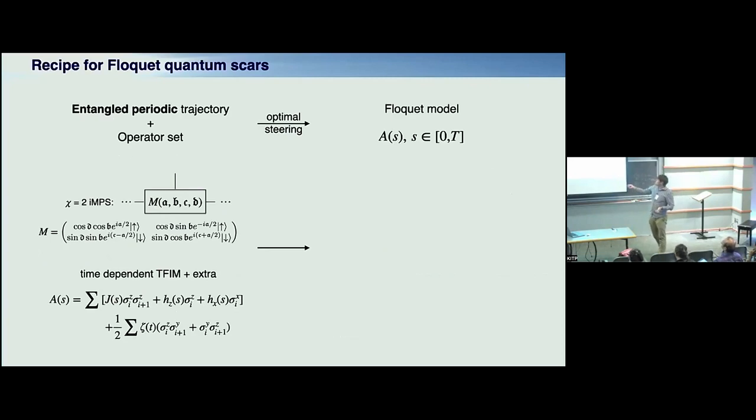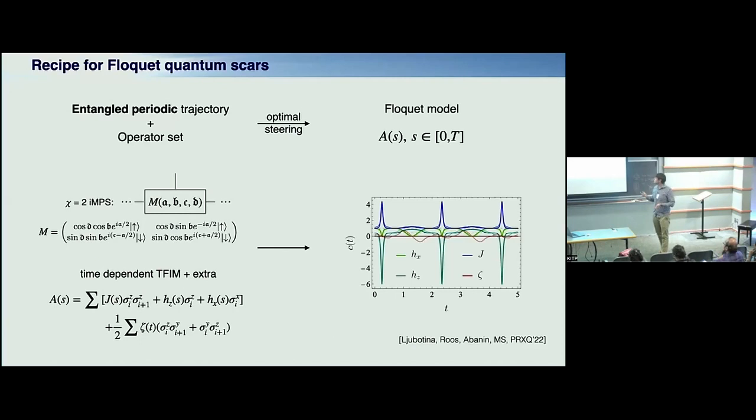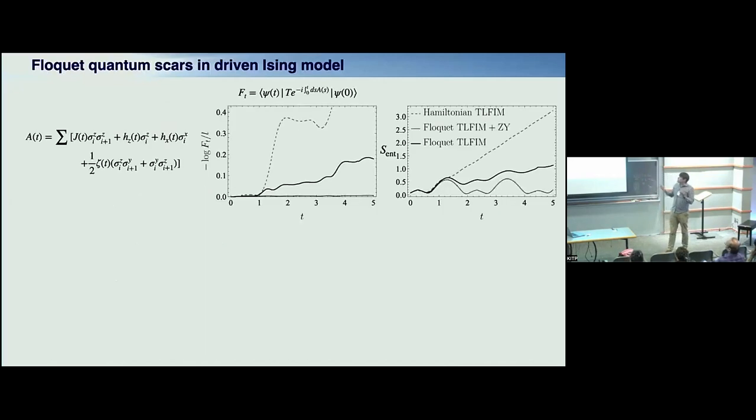Let's take a time-dependent transverse field Ising model, and then let's take one extra term that's going to be helping us. Let's throw this for some specific trajectory into this framework, and it just spits out some time-dependent couplings. So I have a driving protocol. And now I can take the driving protocol and ask, is the quantum system following it or not? So I can calculate this leakage, but instead I'm actually comparing my MPS dynamics with exact quantum dynamics.